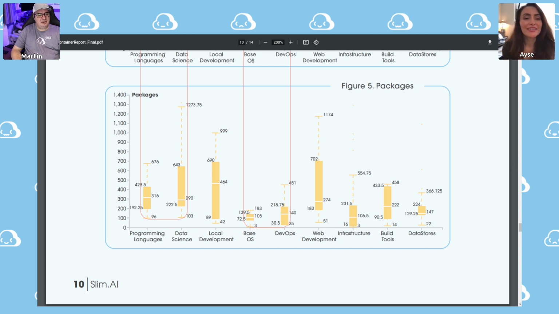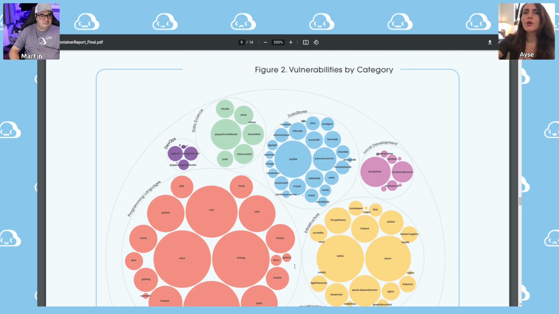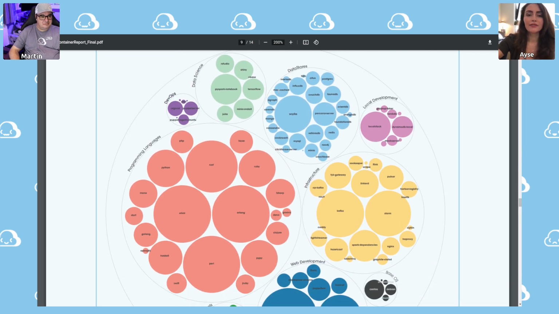Let's talk about the next finding, which is about the attack surface and vulnerabilities, which gets both of us excited and very surprised in this specific case. For that one, maybe let's look at that bubble chart that shows the sizes of vulnerabilities in different categories, which I believe is page 9.